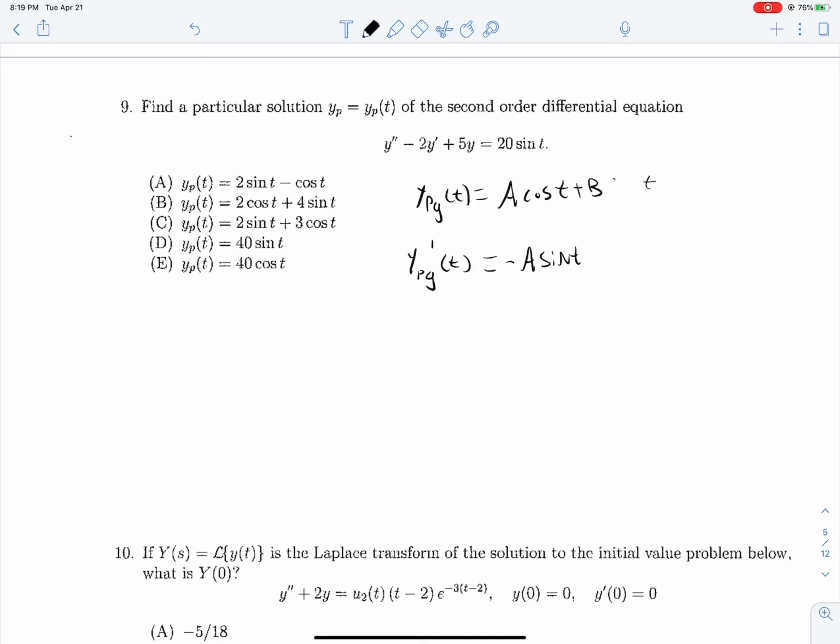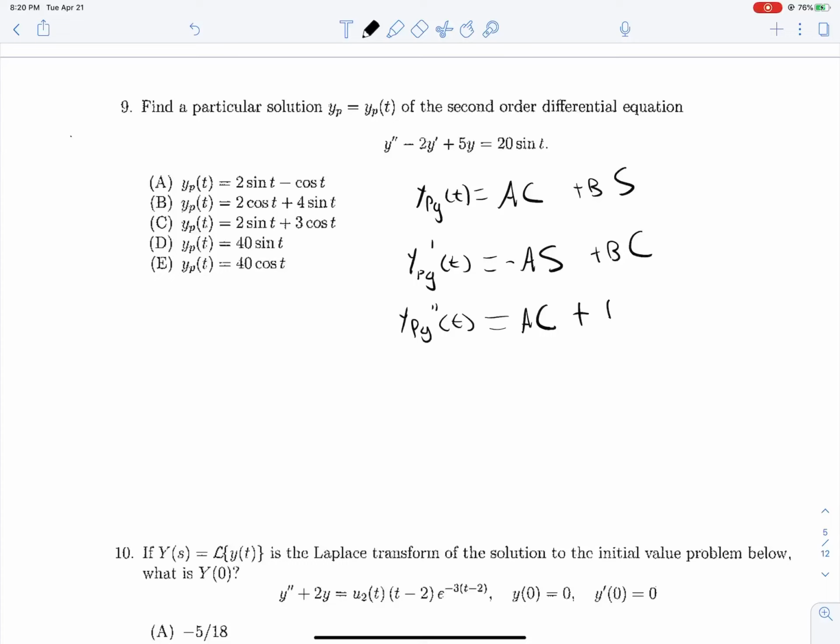Oh, I wrote cosine cosine, didn't I? This is sine. Plus b cosine t, and y_p double prime t is equal to, you know what, I did this last time. I did this during the most recent differential equations test that I took. We just have sine of t's and cosine of t's. I don't like writing so many of these for the undetermined coefficient questions, so I'm just going to say c and s. This becomes an s and a c, and then we get